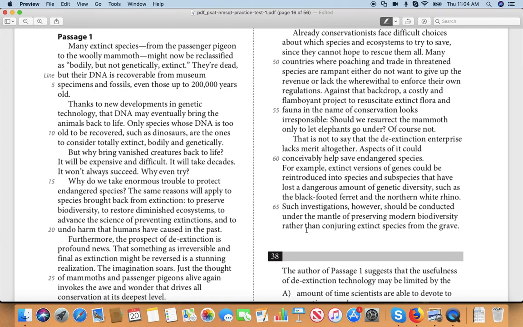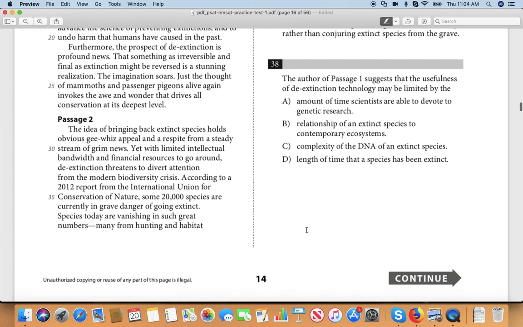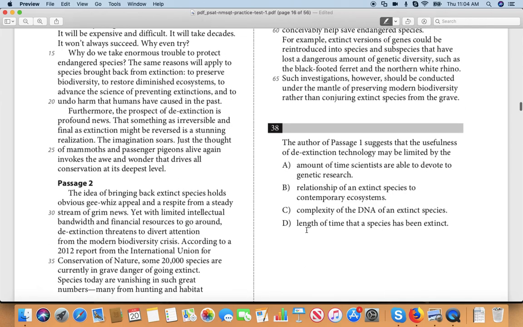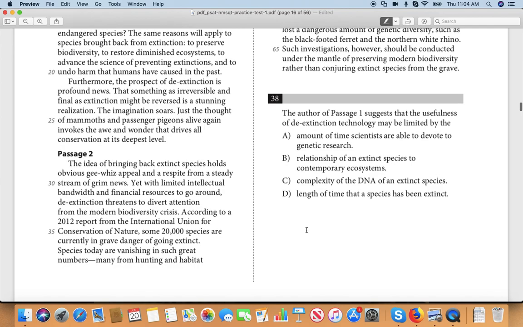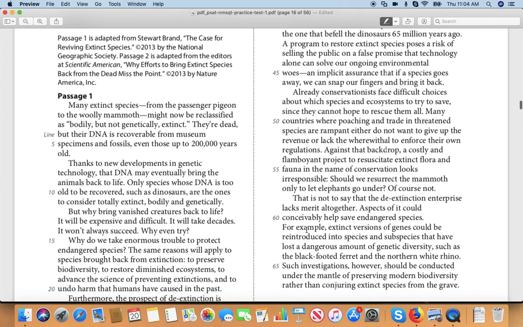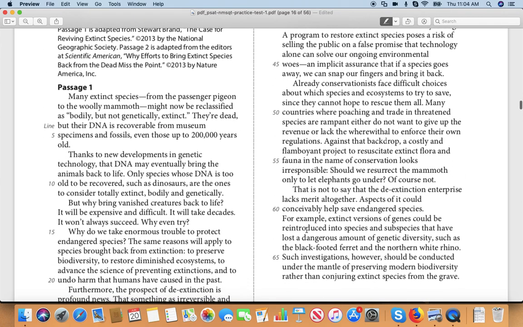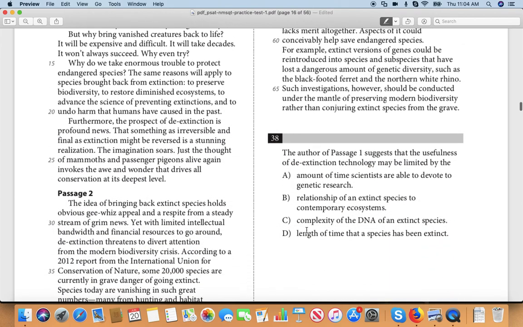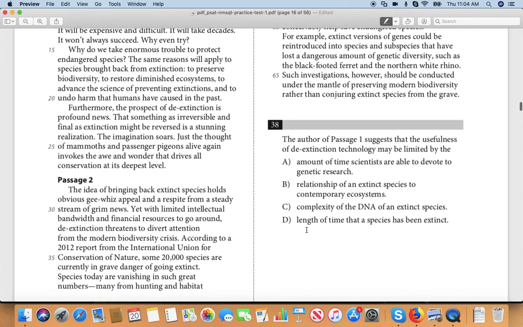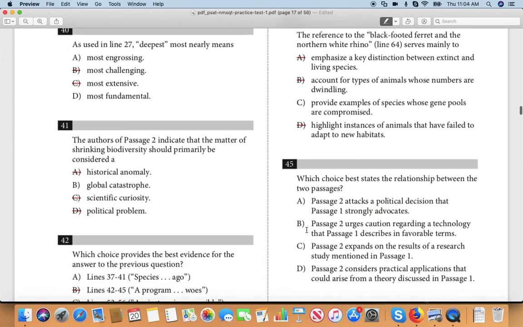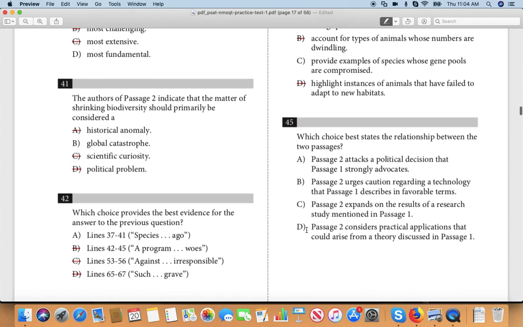Right? That's me. I'm the author of Passage 1. Yes! The mammoth! Do it! And then what's the main point of Passage 2? It's to show the difficulty of it. Yeah. It's like, well, I don't know if it's such a good idea, because of endangered species today. That's it. Okay, good. I just want to have that in mind while we answer these questions.